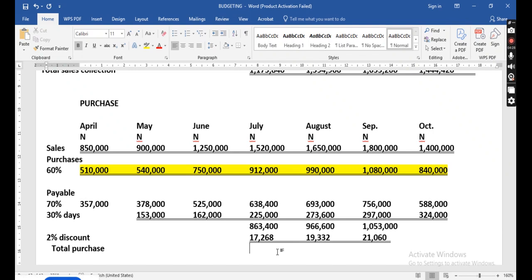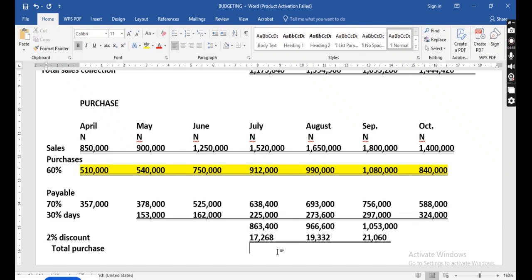Hello? Is it the one calculated, or that is why I'm asking on the one we calculated? I'm asking the class now, which one of these are we using? Is it the total purchase? Is it the 912 we are to use, or the total payable, trade payable, the total payable of 9634? You are using 860.